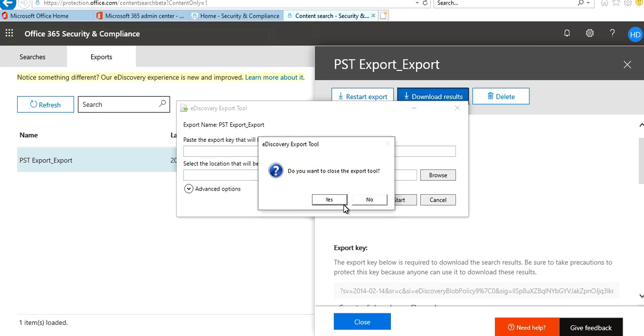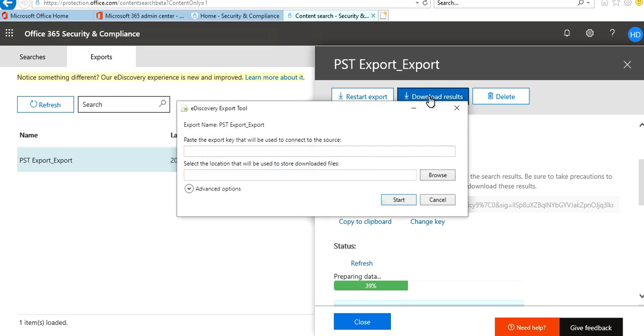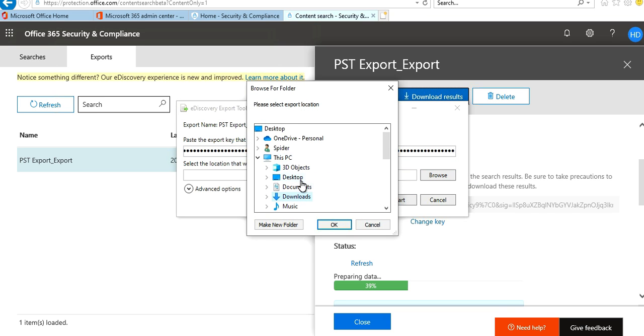You can find the export key there. Just copy the export key, and then again click on the export results button. Now just paste the export key there and browse the location where you want to save the PST files.